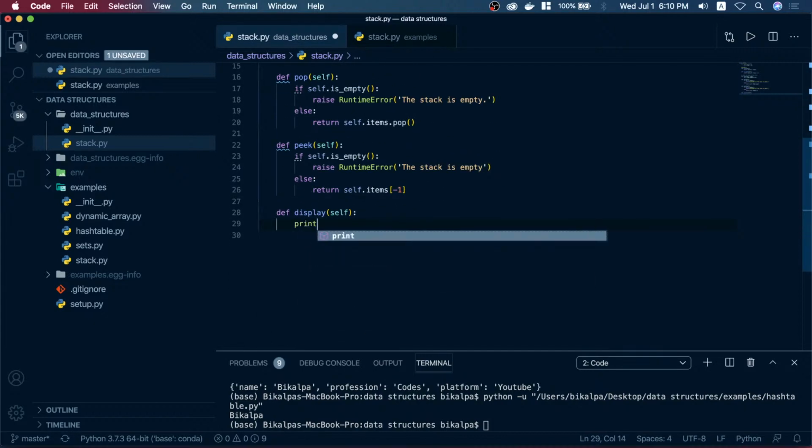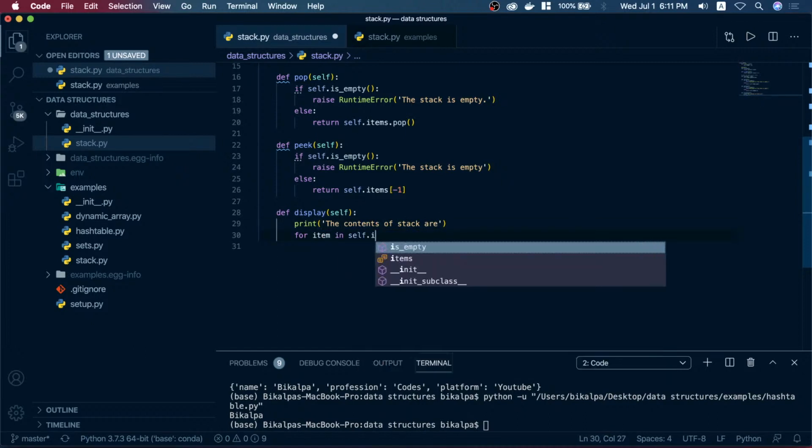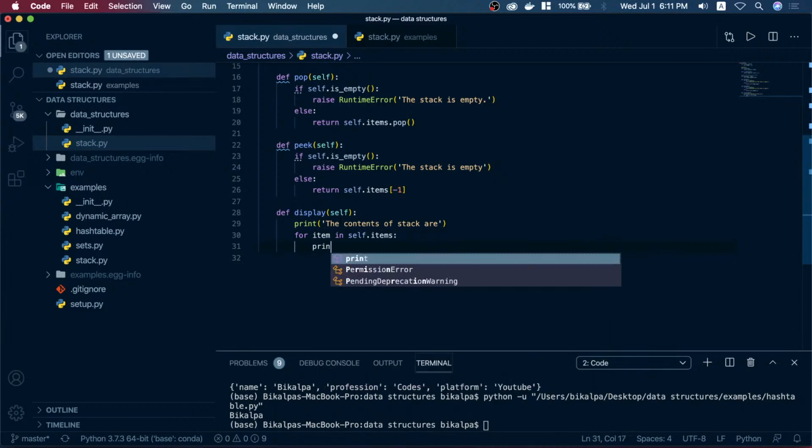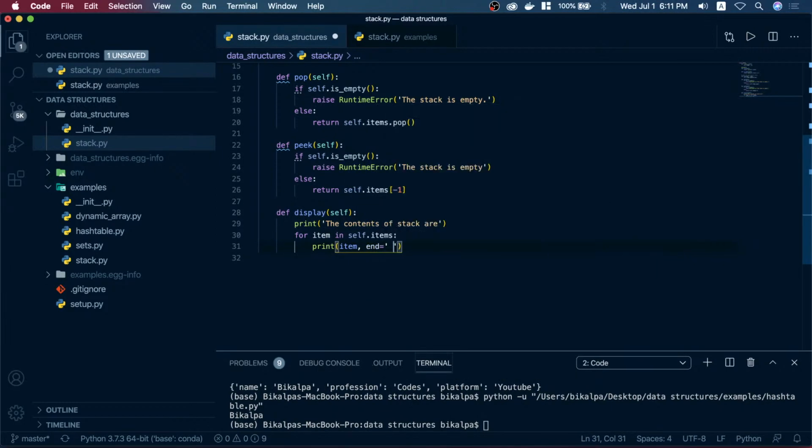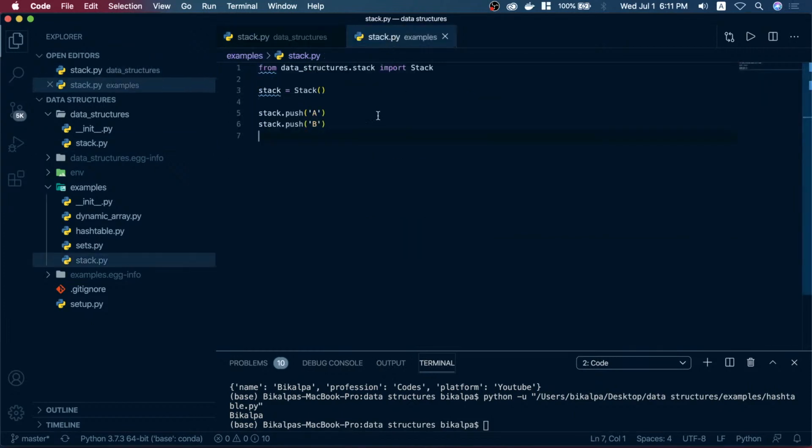So I will say print the contents of stack are, and then for item in self.items, print item and end equals to space. That means after each item a space should be printed. So coming back here, I pushed A, I pushed B. If I do stack.display,